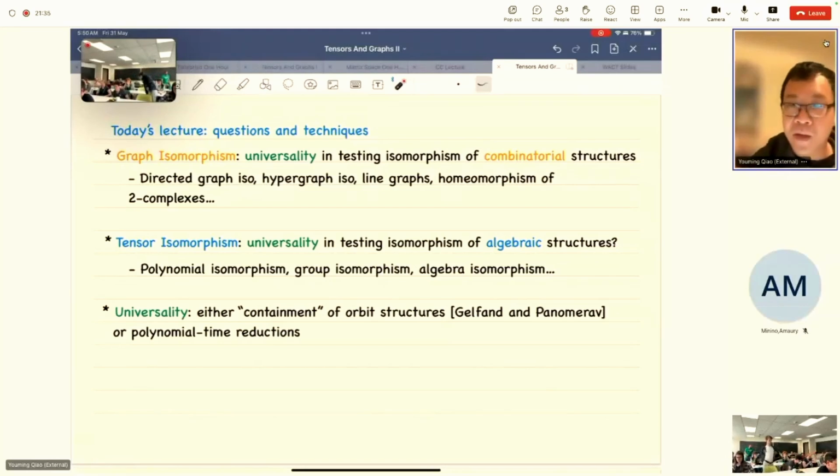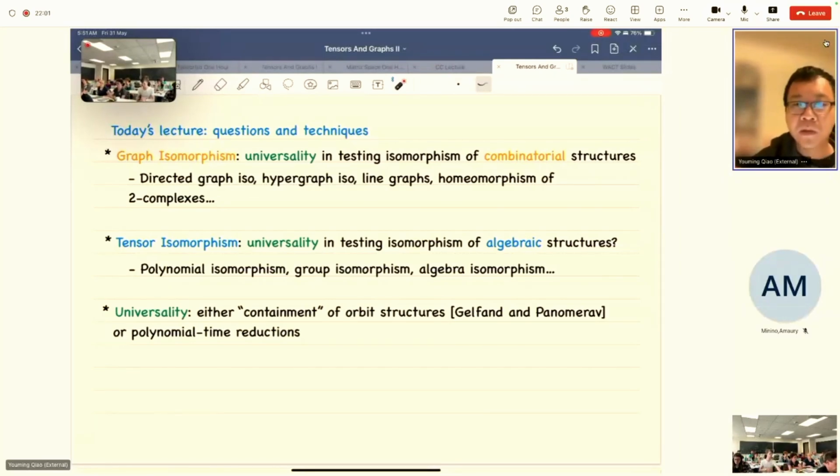And of course, for algebraic structures, we don't lack isomorphism problems, like polynomial isomorphism, group isomorphism, algebra isomorphism, and so on. So we will see their definitions later on. So that's a hope. We hope to show that tensor isomorphism will play a role similar to graph isomorphism in